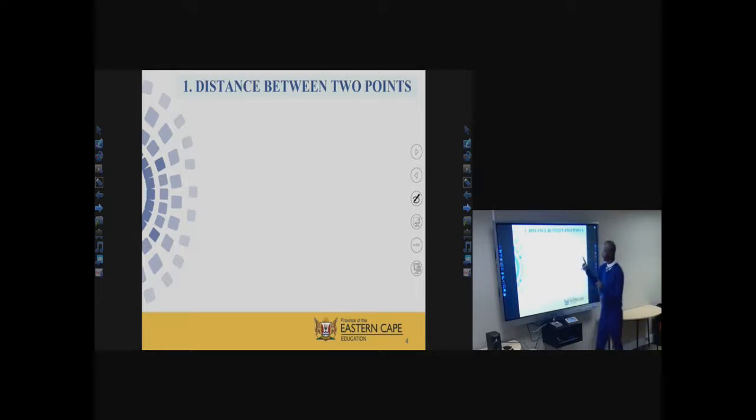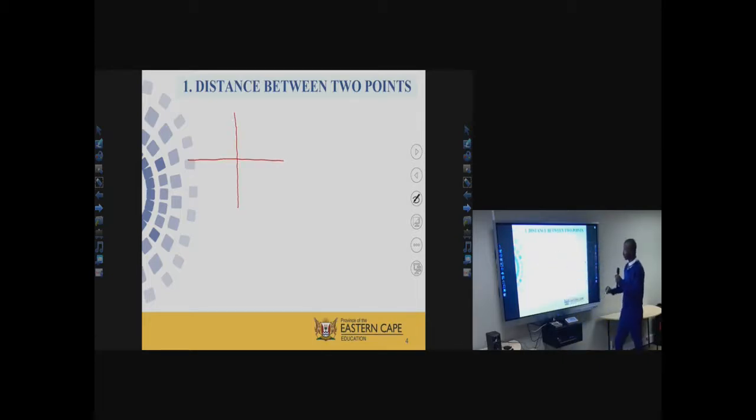What I will do, for each of those 8 things we are going to talk about, I will just write down what it is that you need to know, right? And then later, we are just going to take an example from one of the previous years' question papers, and then that will be it. So, if you talk about distance between 2 points, I will just draw